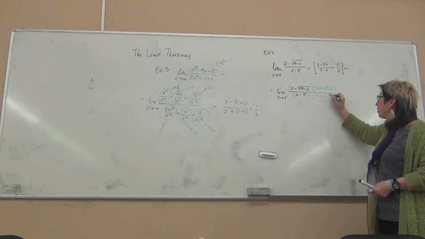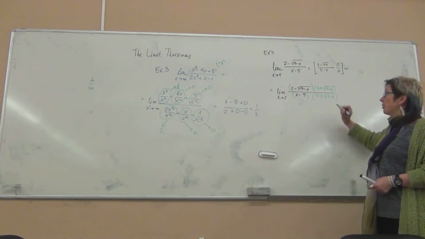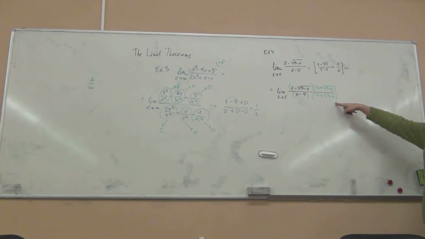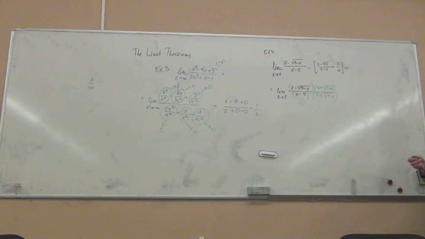2 plus square root 9 minus x. Like this. This does not change the value of the function. This does not cause us any problems, because this green factor, the extra factor I multiplied, is not equal to 0. So I can multiply by the same number. The numerator and the denominator can be multiplied by the same number. Now the next thing I do